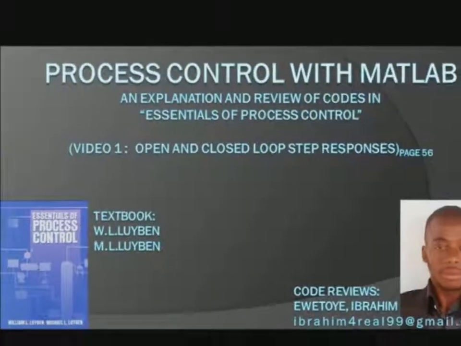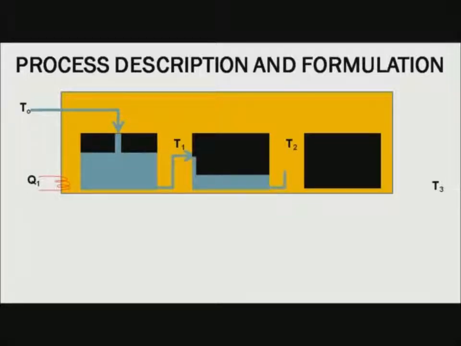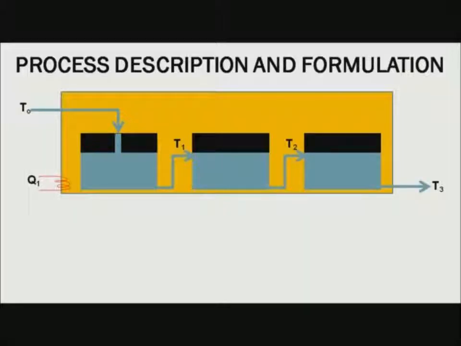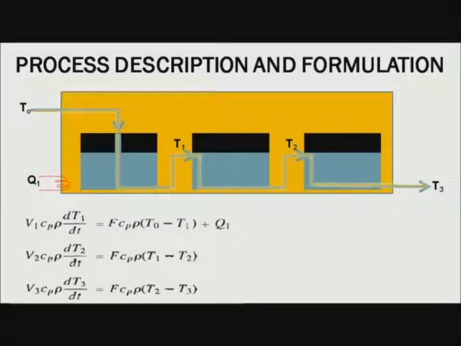In this video, I will be dealing with the MATLAB codes on page 56 of the textbook, where we are going to be studying the response of a system both in its open loop and closed loop states by solving linear ordinary differential equations. Here, we consider a three-heated tank process. The process is described by three linear ODEs. If the flow rate F, volume V, assuming equal volumes in the three tanks, and physical properties ρ and Cp are all constants,